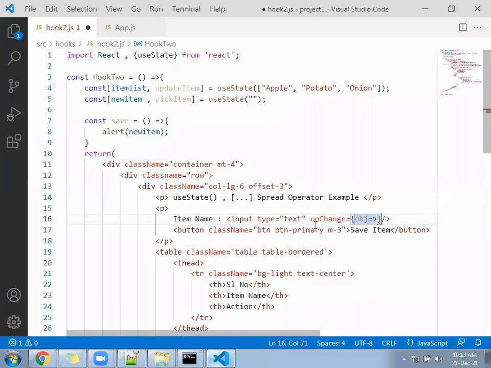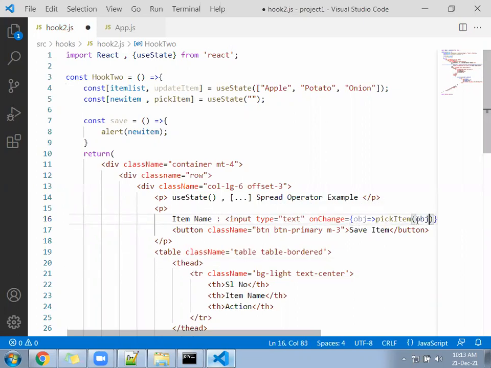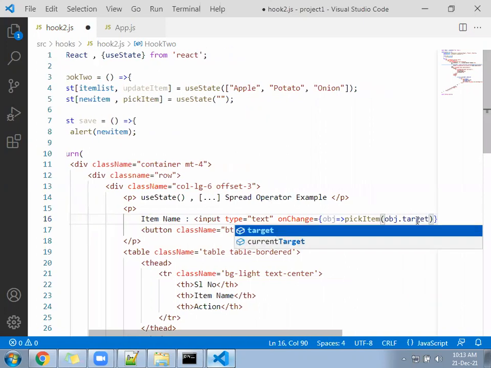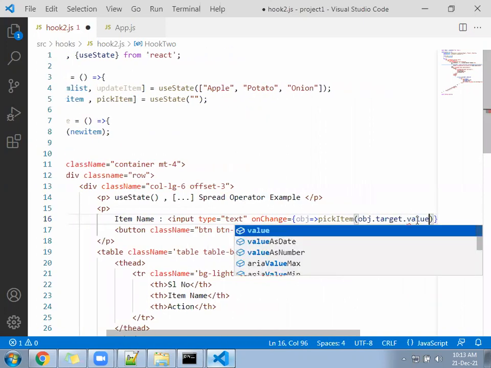What is the function name? pickItem. And under the pickItem, we have to pass the variable name dot target dot value on change.